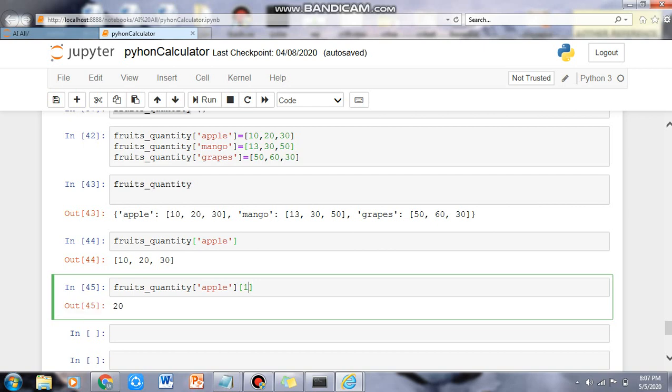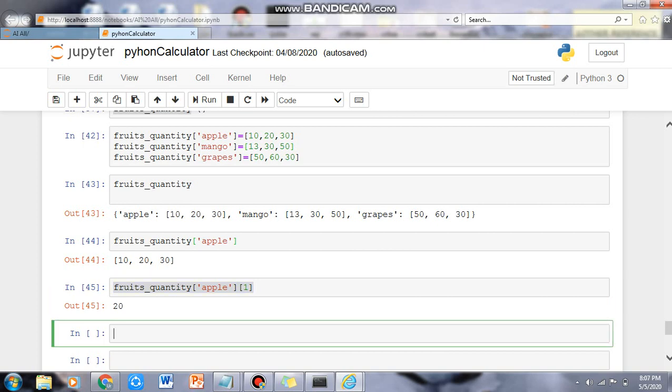And if someone asked us that we want this first indexed element of apple to be updated, so what can we do? We can just update it. The previous number it has is 20, and we want to update it with, say, 40.